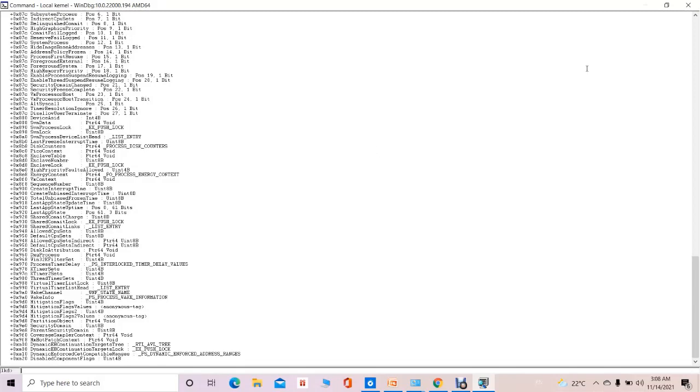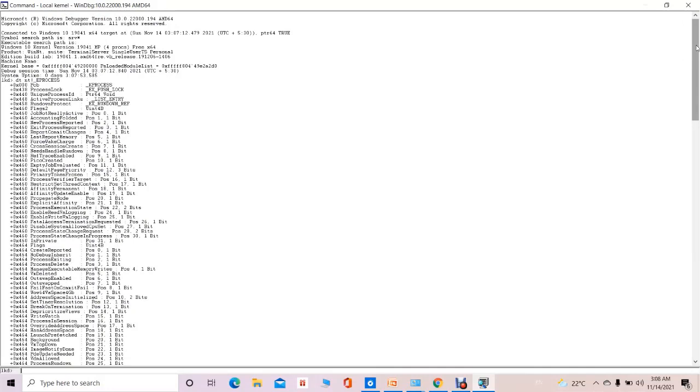We'll scroll up to see the various entries from the top, the attributes or the fields in this particular eProcess structure. At the top you can see that there is a data structure within the eProcess structure, that is the PCB, process control block. This process control block specifies the entire data or the information for the running process. The entire data for the running process is available in the process control block structure.